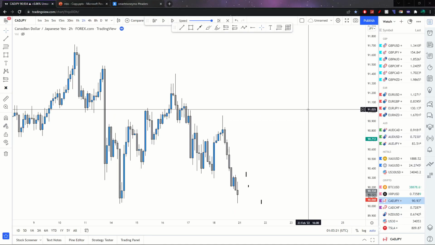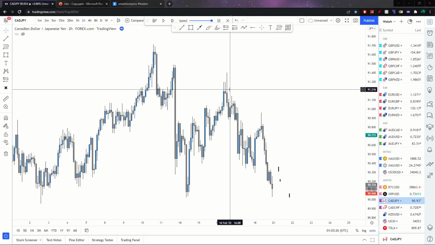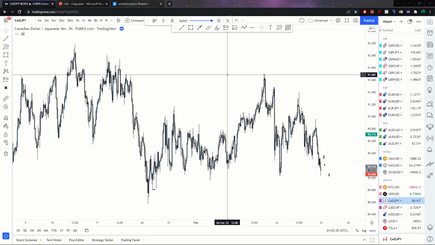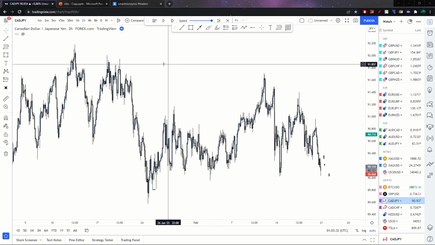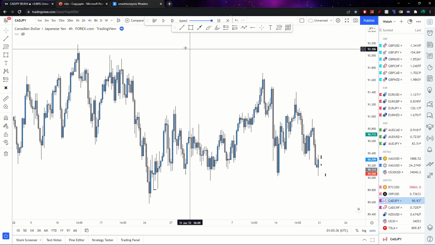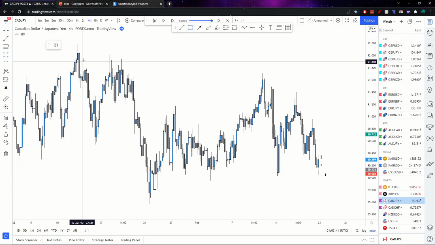Alright guys, here I am on CAD JPY, and now we're going to begin with breaking this down top down style, as I always do on my channel. And we're going to start off with the 4 hour and work our way down the time frames. So already what we can see on CAD JPY is that we are clearly bearish in trend, because if we check out the 4 hour time frame, we can see that,